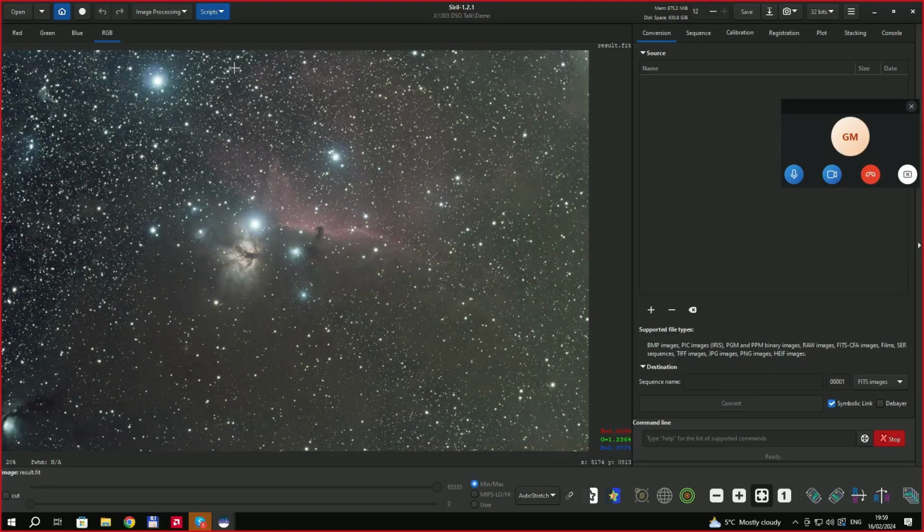Okay, so as before, this was just a reminder and also a short description of the smaller improvements like this unlinked stretch, and that you can now work here in RGB mode. As before, now we will go to processing steps. So if you remember from the previous demonstration, what I was recommending first of all,